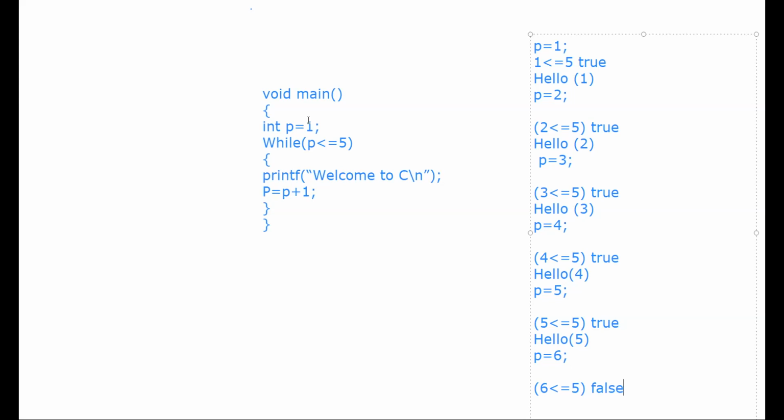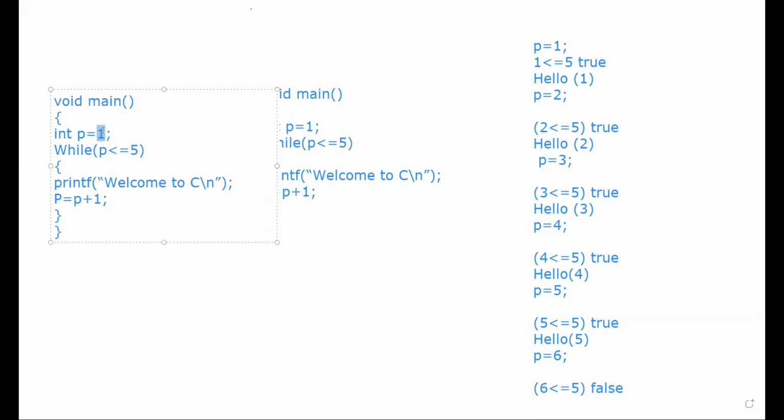Now we will write another program where P will be 0. If P is 0, the equal to shouldn't come. So you can rewrite this program. It depends. If you initialize to 0, it's not wrong, but then this condition should be different.